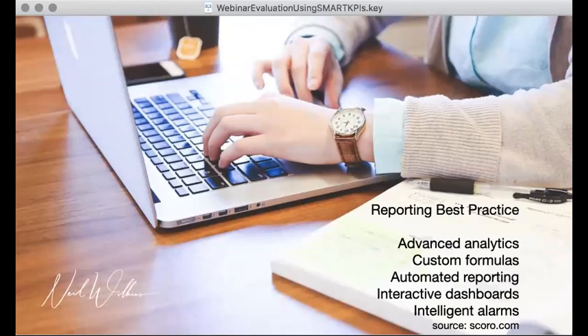Well, we're looking at advanced analytics here. We're looking at maybe custom formulas. We're looking at maybe some automated reporting wherever we can. We're probably also looking at some interactive dashboards. So when people see some of this data, they're thinking, hey, hold on a minute, this is really interesting, but it's also really useful. So from this indicator and from this data, what would happen if it was 10% more? Or what would happen if we devoted some budget to this and reduced that by 20%? What would then happen? So these become intelligent alarms that help the business to make more solid, more informed,